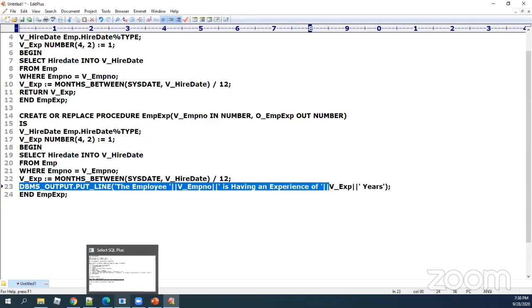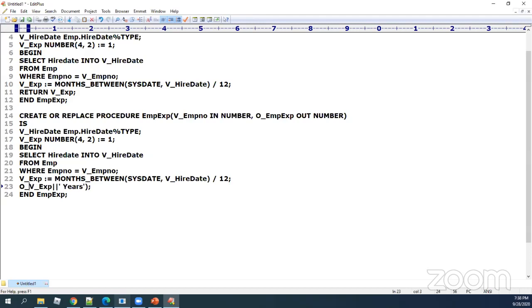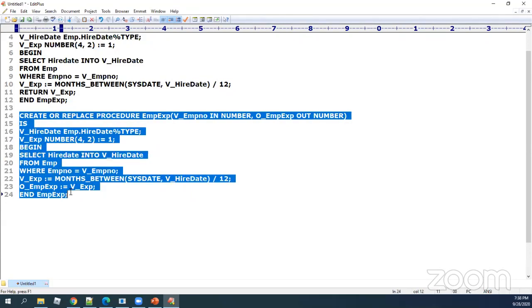I'm saying O_EMP_EXP is assigned as that local variable where we have that experience. It's just the state of understanding. Now watch carefully. I'm moving down with my procedure and replacing this procedure now.